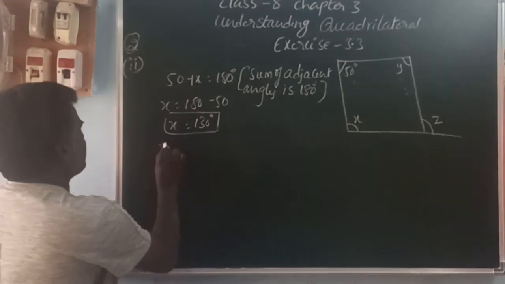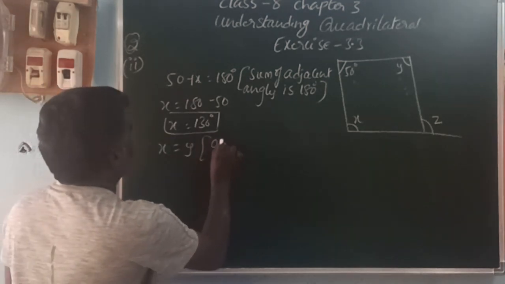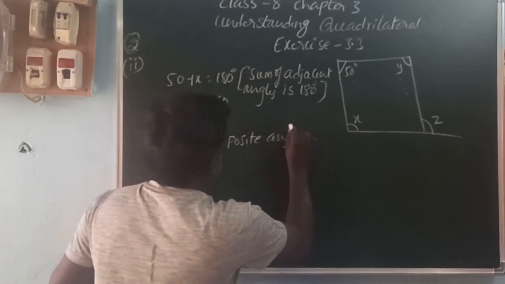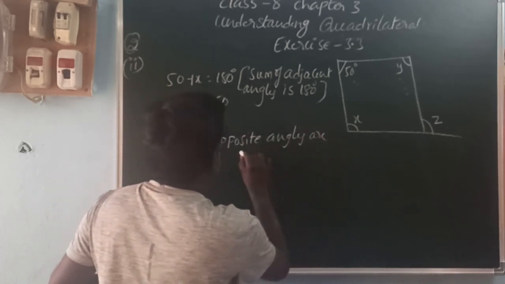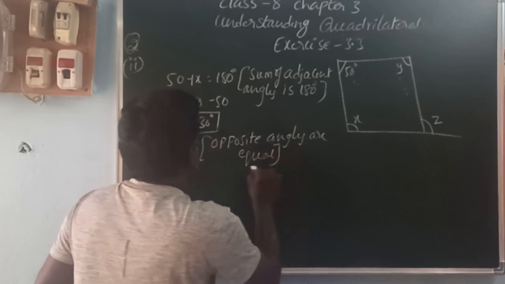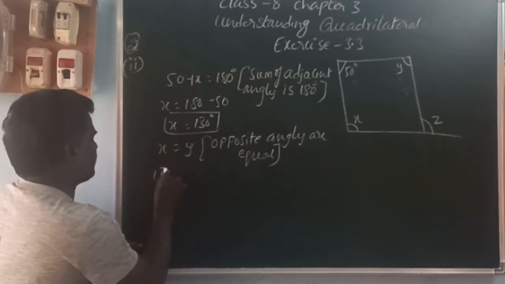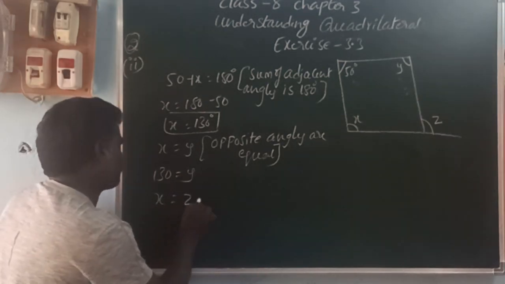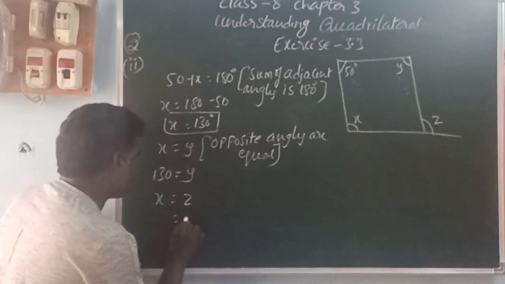Next, x is equal to y because opposite angles are equal. So x is equal to how much? 130. Then y is equal to how much? 130. Next, x is equal to z. Why? Because